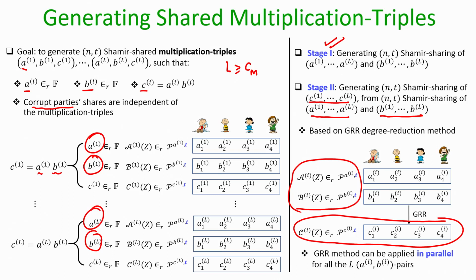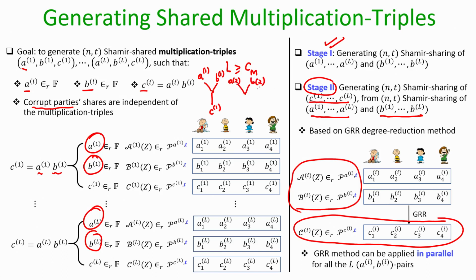The advantage here is the following. All these multiplication triples can be generated in parallel. So, A1 B1 is independent of A2 B2, that is independent of A3 B3, that is independent of A4 B4, and so on. Now, what you can imagine here is the following. In stage 2, you have a circuit where the multiplicative depth is just 1. Why 1? Because you can imagine that there is a circuit where you have L number of multiplication gates, all of them lying at the same layer, which is what you want to evaluate in stage 2.